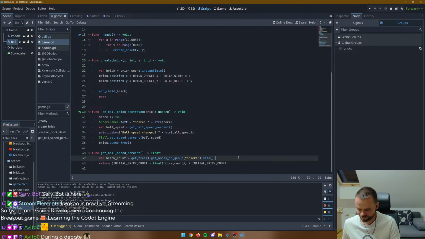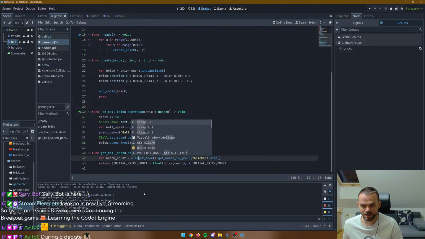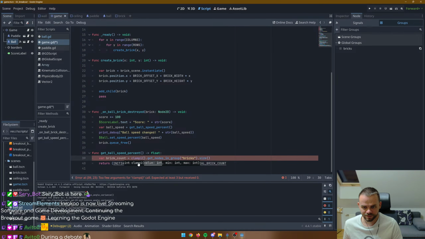I think we have a function called clamp. What's it called? Clamp? Clamp integer, minimum, maximum. -1,